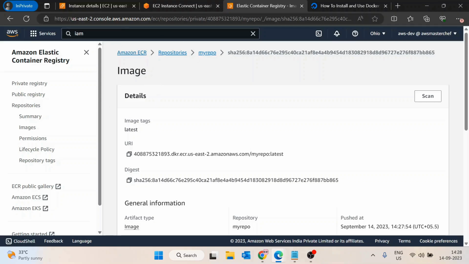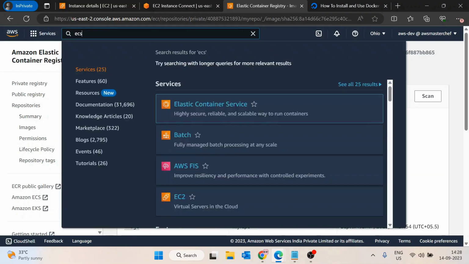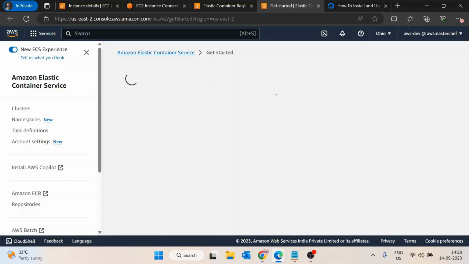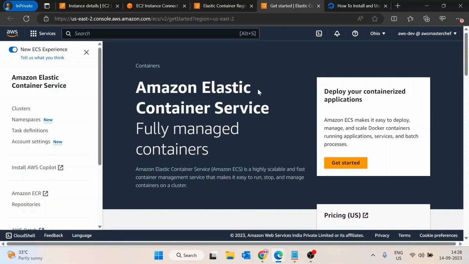A question arises. So what we will do, we will go search for the ECS. Elastic Container Service is basically what allows us to run any container on AWS. So here what we are going to do is first create a cluster and after that we will